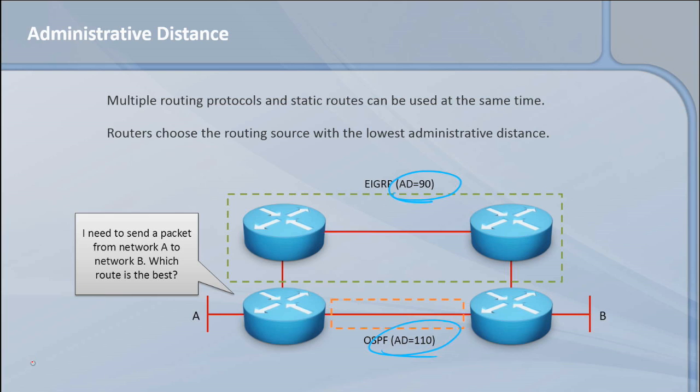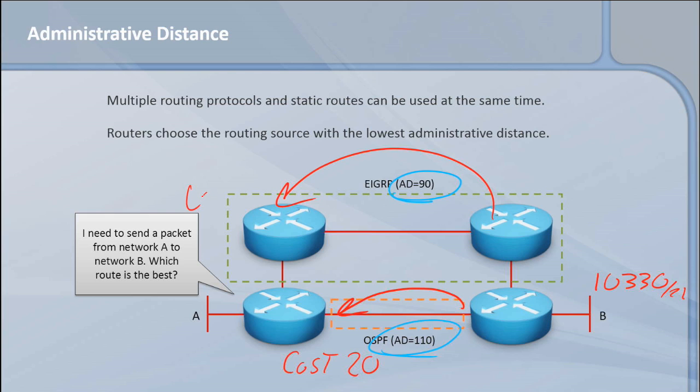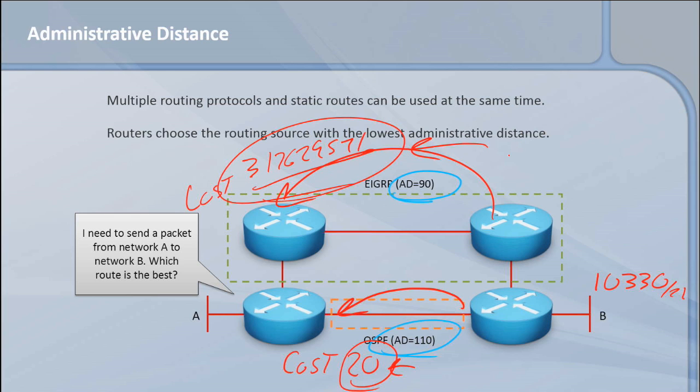The administrative distance just defines a tie. Let's say I hear about the 10.33.0 network, and I get advertised a value in OSPF, it says your cost is 20. And EIGRP comes over and says your cost is 317629571. I go, man, that is an ugly cost or an ugly metric. It's not as easy to look at and calculate the way that OSPF is. But regardless of these two numbers, you might as well interpret these as this guy telling you how far something is away